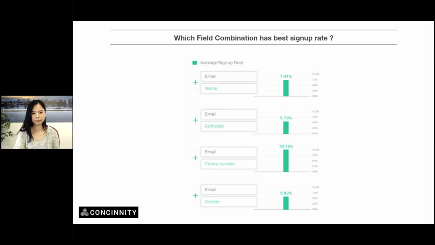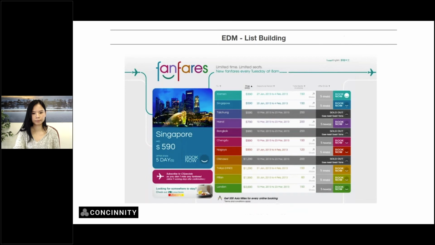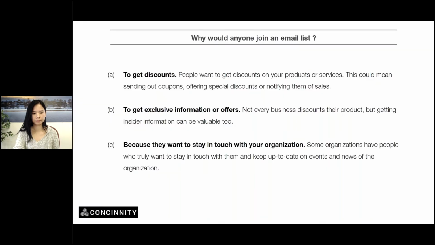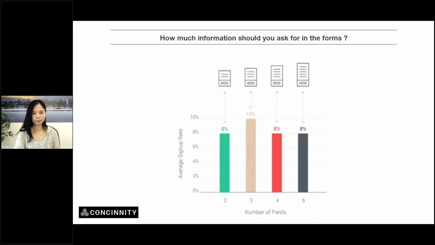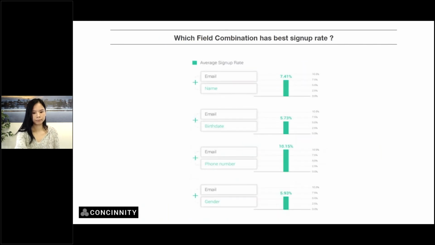Cool. So now that we know there are 3 main points for how you can engage someone into joining your database, we've also seen the perfect combination of fields, so that even people who are interested and like your offer or discount or information are not driven away by the number of fields.